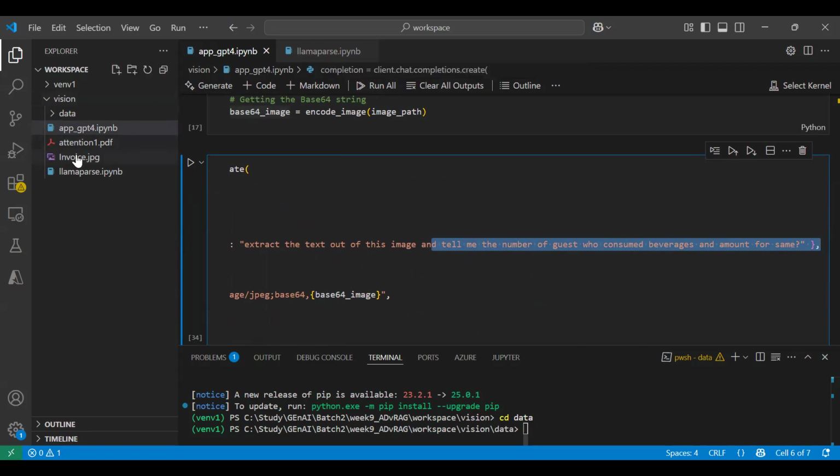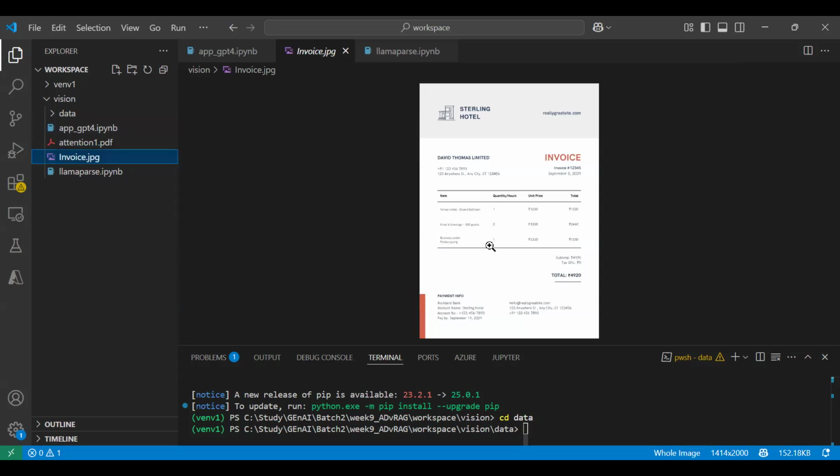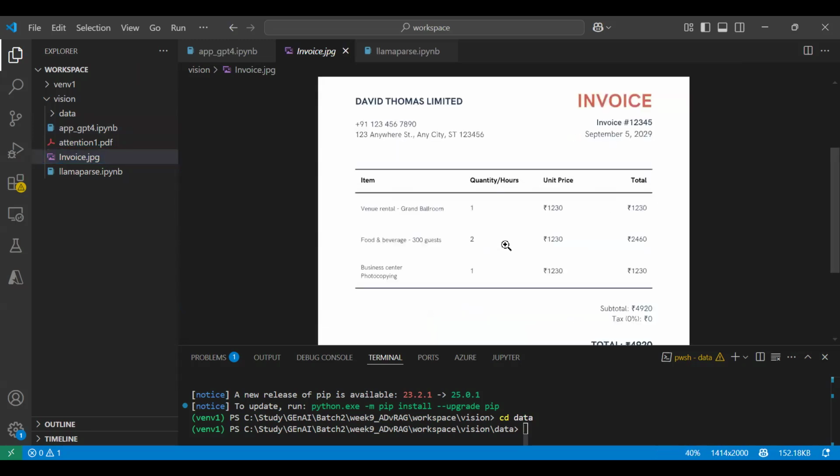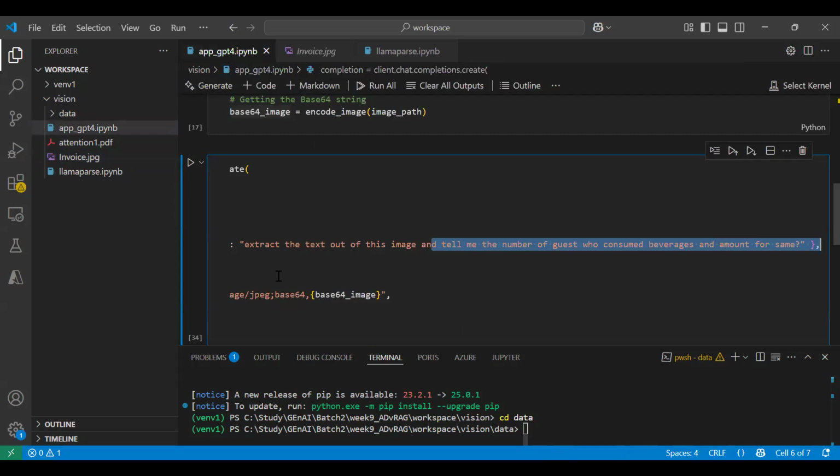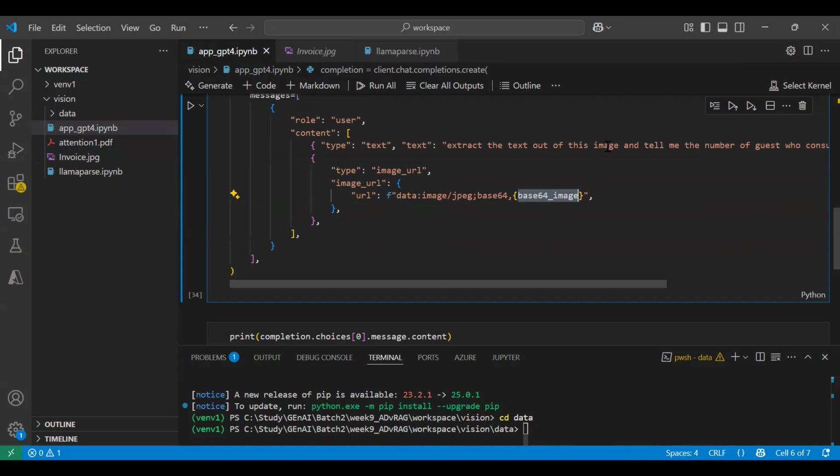If you see my image, there is food and beverage, 300 guests, and the total amount is 2460. Unit price is 1230. If I need to do question answering on top of this image, I am sending my image in the input and also asking some question. Or let's say I ask it like,